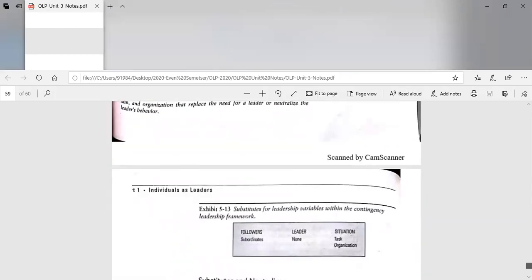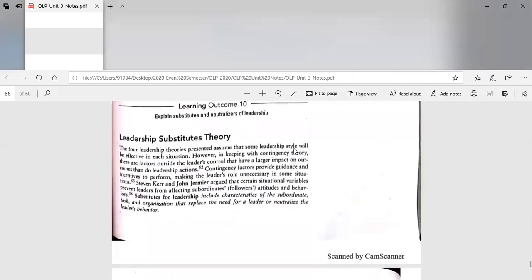Okay, last one, last theory under this is leadership substitute theory for this class. This is the last topic and the last theory in unit 3. So we will cover all the theories in brief at least. The notes are there. You can read this in detail. So I'm going to tell only the main things from the theories, and based on that, you can read it. It can be understandable in simple terms. It has been given with the diagram, variables, everything.